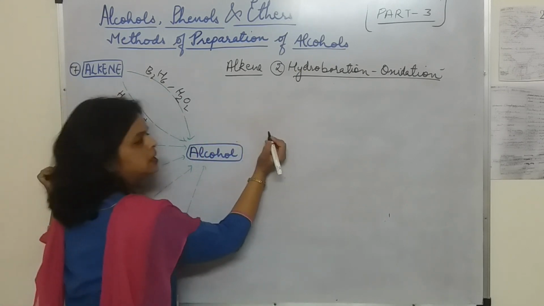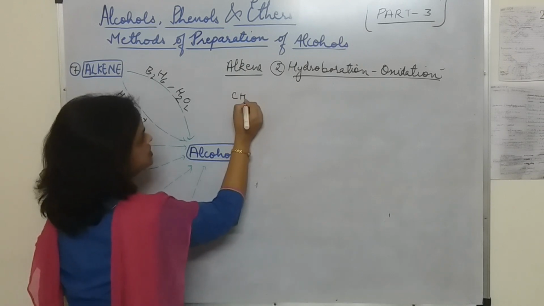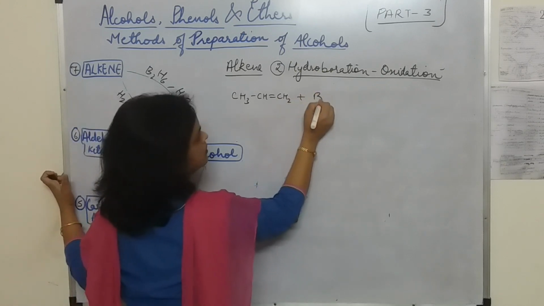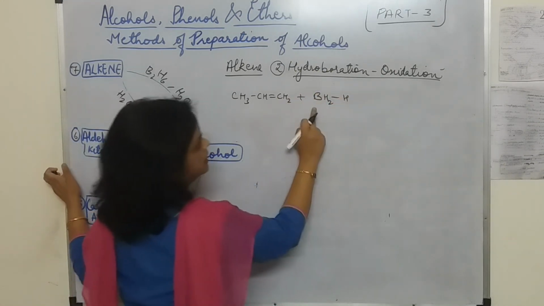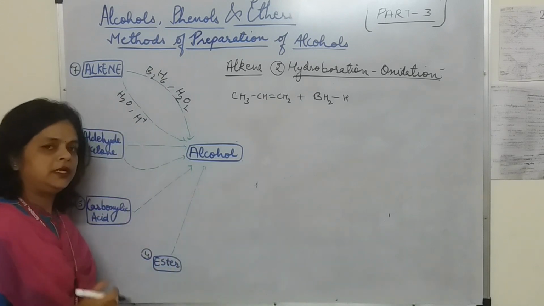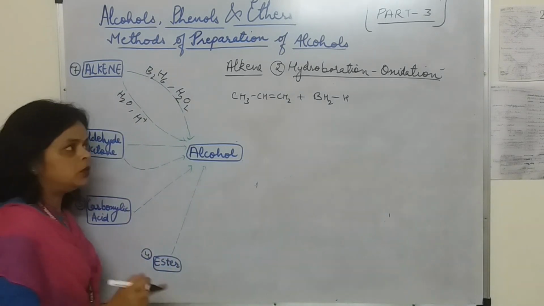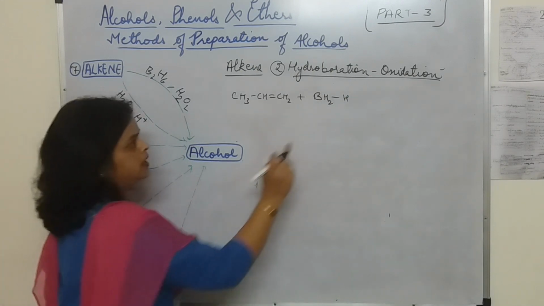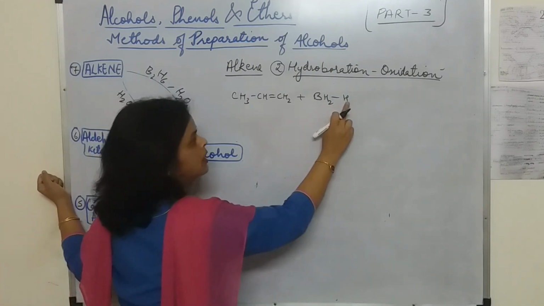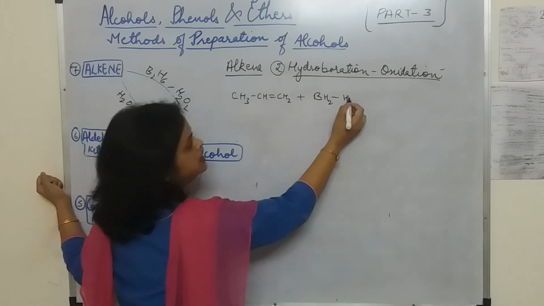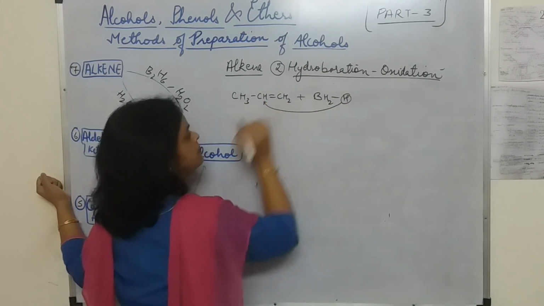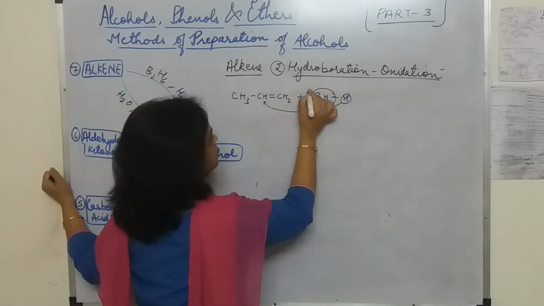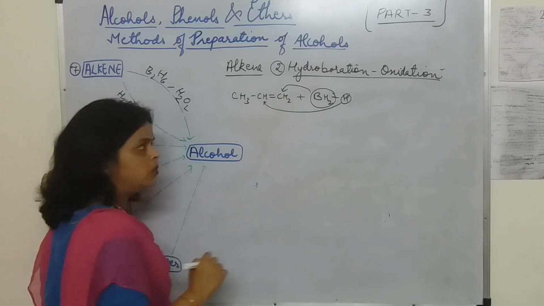So we are going to take the reaction with BH3. I am taking an unsymmetrical alkene. BH3 is an electron deficient molecule, and we know that in this, H has a -1 charge. Okay, this is the hydride. So according to the Markovnikov rule, this H will go to the middle carbon because it has a lesser number of hydrogen atoms, and this BH2 part will go to the carbon which has more hydrogen.